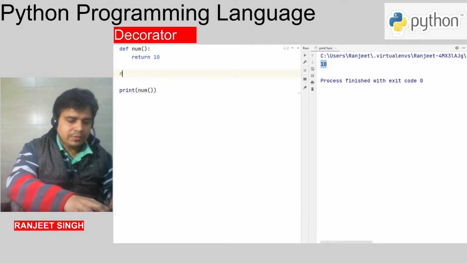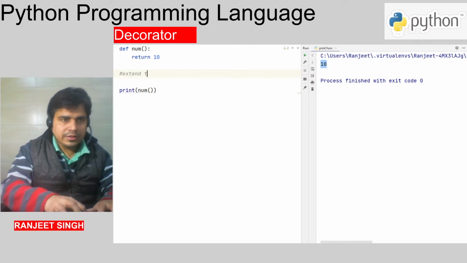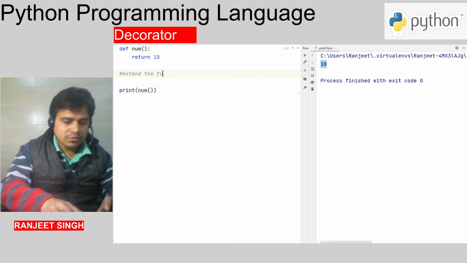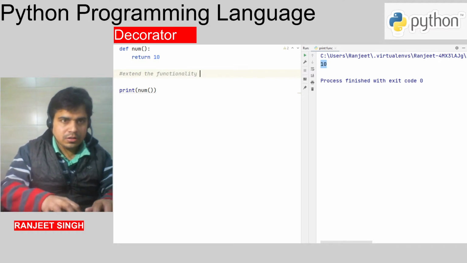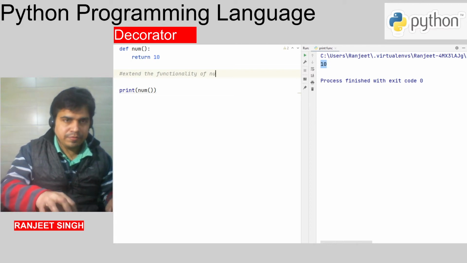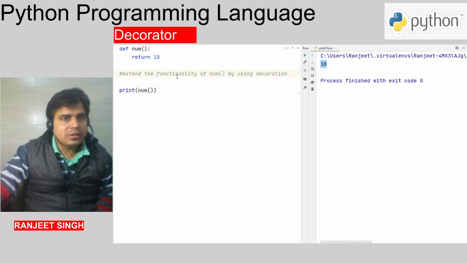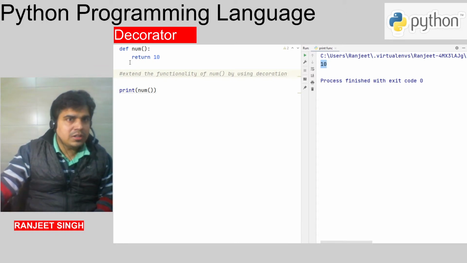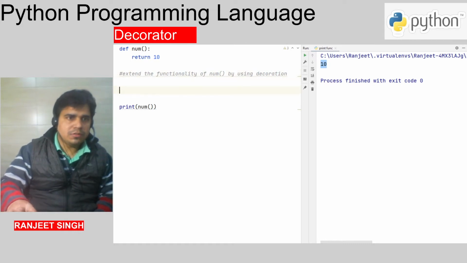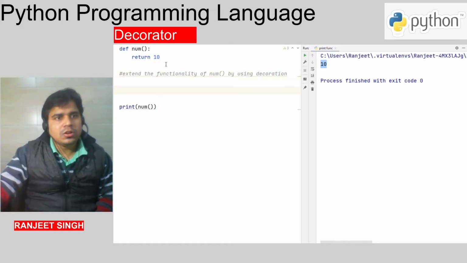That means we want to extend the functionality of num by using a decorator. By using a decorator, we will not modify or touch this function, but we will modify the output of this function. How?